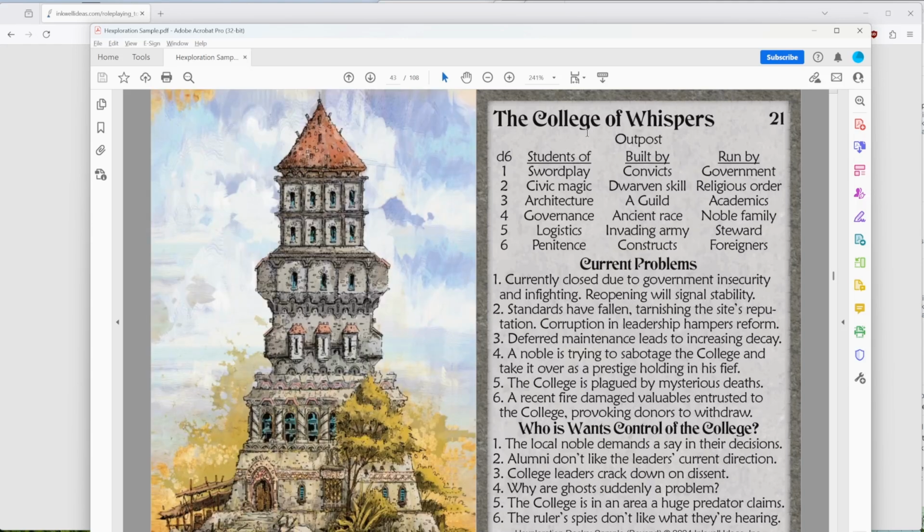So if we're looking for a tower, hey, this would make a great tower of information here. What are the current problems here? Who is this tower for? This is a College of Whispers. The students here, what are they studying? Why is it built? But then in these points, you really start getting into the current problems, which are going to be a bunch of story hooks, and who wants control of it is also going to give you a bunch of story hooks. And you can look through here and look for what makes a good fit for your campaign,